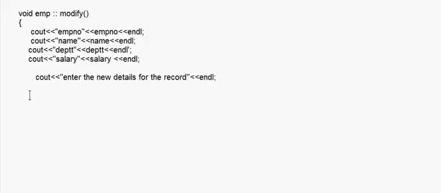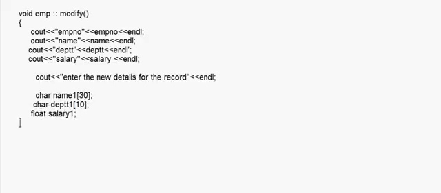Now here I have to take some variables. So name1 I take, and that is 30. And then I take char DEPTT1, and then this is 10, and float salary1, like this.